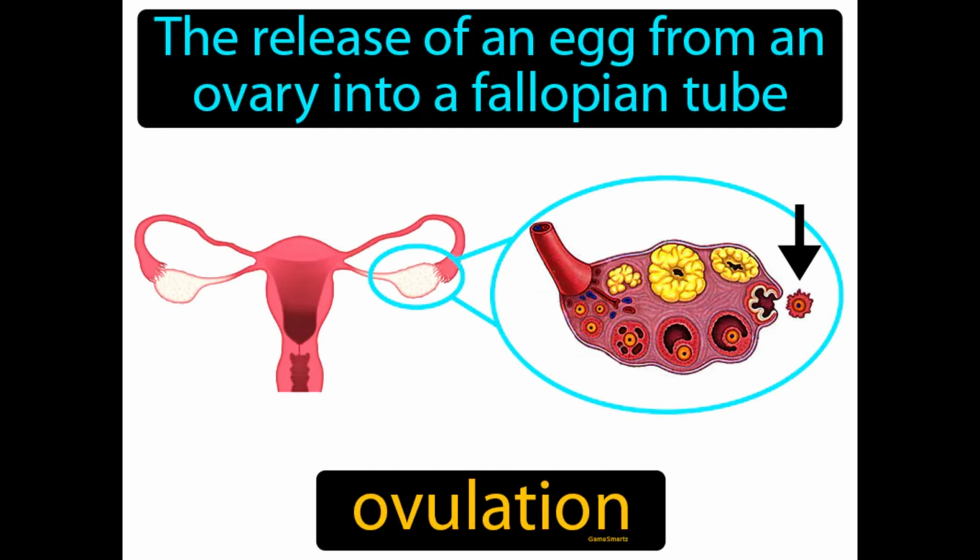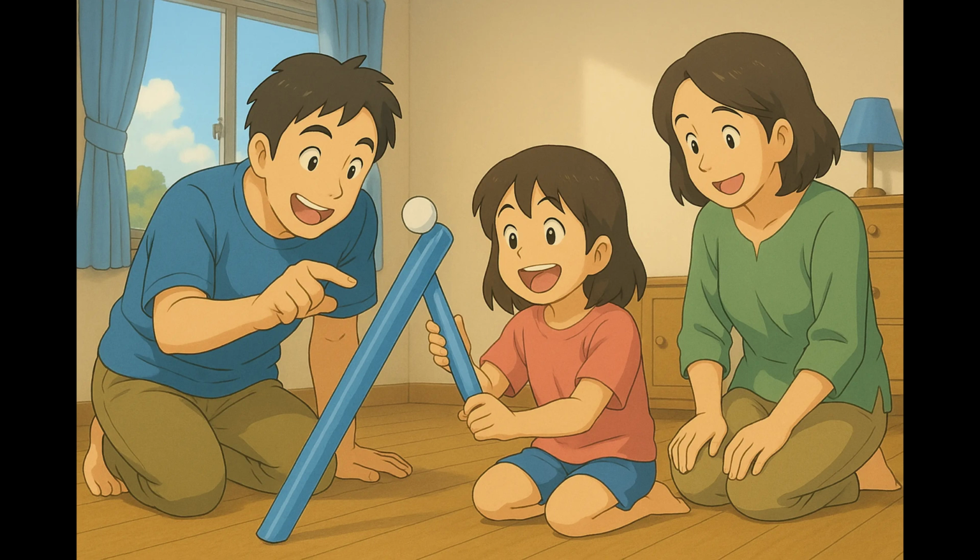The release of an egg from an ovary into a fallopian tube. Ovulation. Ovulation is when an ovary releases an egg for fertilization. Imagine you're trying to get a ping-pong ball out of a narrow, tilted tube using just the right amount of force. This is similar to how, during ovulation, an egg is released from an ovary and must travel into the